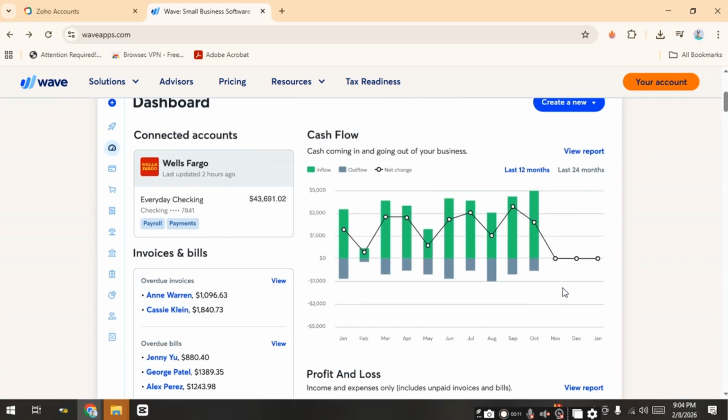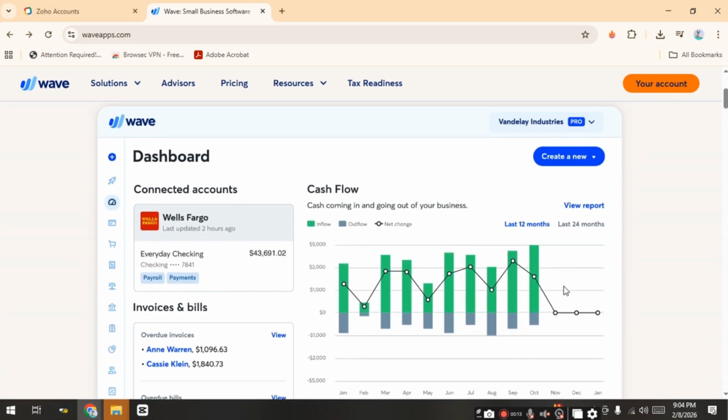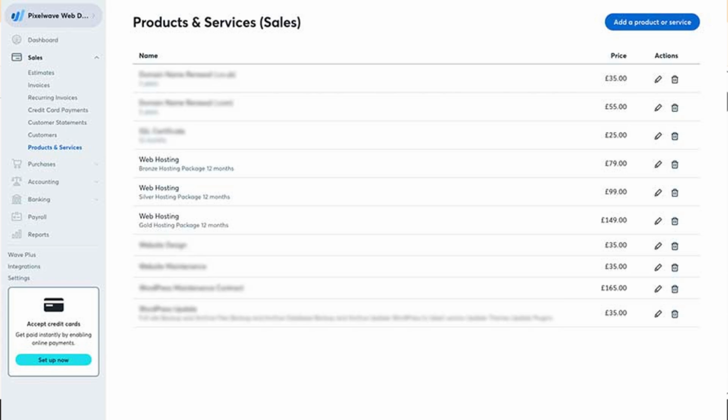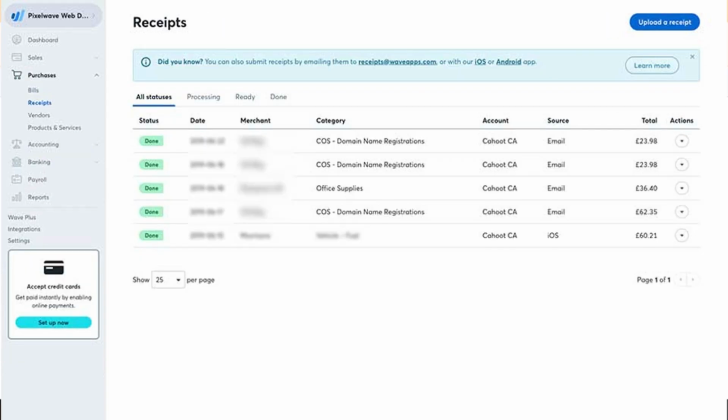the accounting section, then click on products and services, then select add a product or service and choose the type that best fits your recipe-based item, usually a product. Enter the name of your recipe or finished item, then set the selling price and income account so every sale